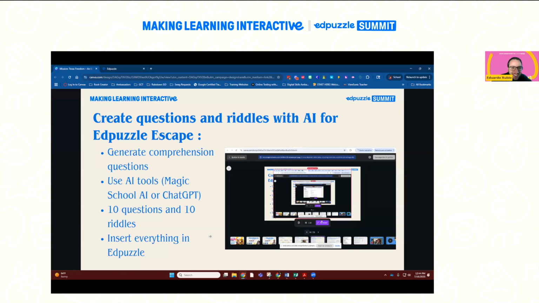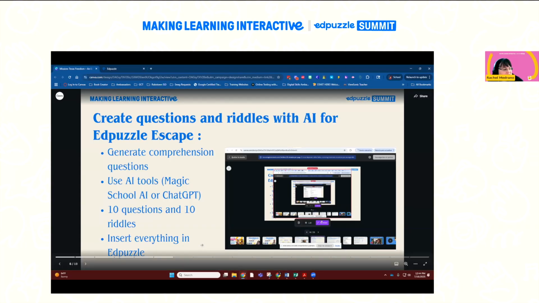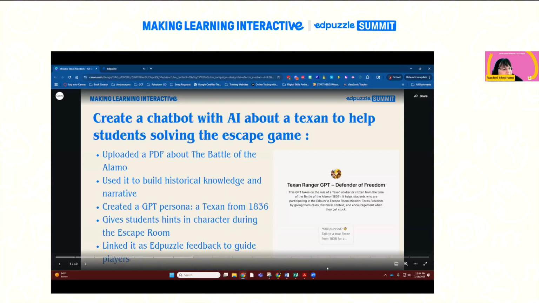Okay, you can play. And this is recorded, so if you want to play while we're here, play, and then you can always go back. We have all these directions and you'll have access to our Canva that walks you through the steps. Okay, and if you are in the escape room, you're going to see that we have created a chatbot